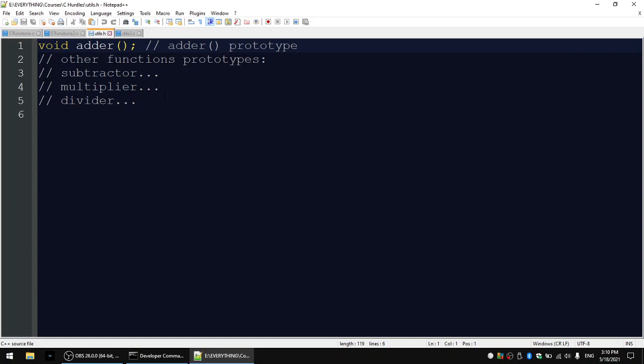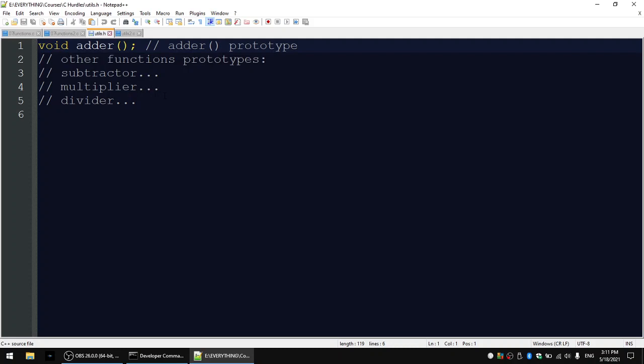So usually in the header file we put a couple of special definition directives to avoid this problem, to make sure the header file is included only once. But I'm not going to get into those details right now.